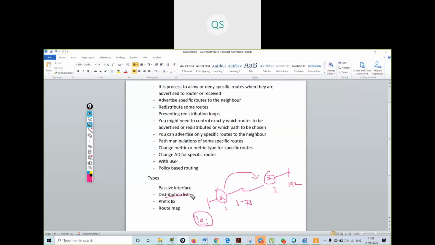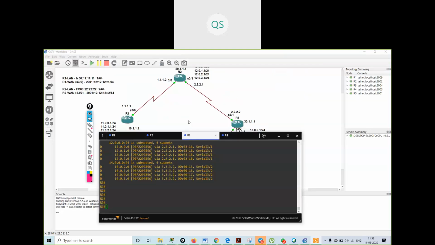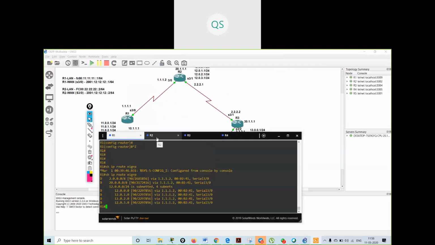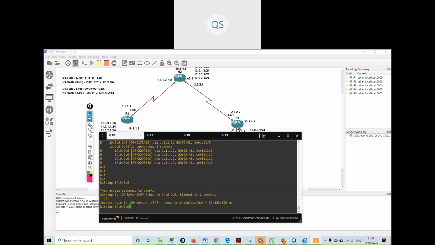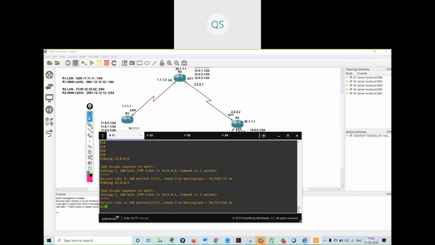What I will do is advertise all the networks in EIGRP. I already have advertisements in EIGRP. So I can ping the 40 dot network, and ping the 14 dot network, 14.0.0.1. So I am reachable from R1 to R4. I have already advertised all the networks. Now what I will do is configure